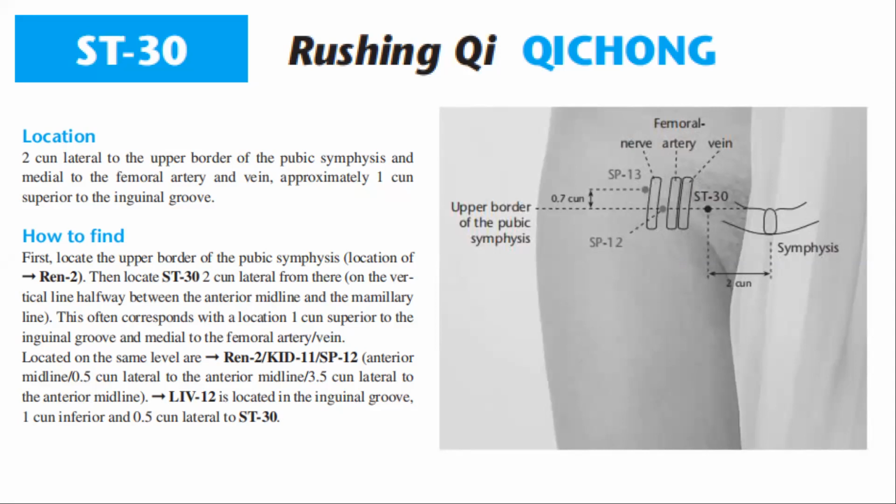How to find? First, locate the upper border of the pubic symphysis, the location of REN 2. Then locate stomach 30 two tune lateral from there on the vertical line halfway between the anterior midline and the mammillary line. This often corresponds with the location 1 tune superior to the inguinal groove and medial to the femoral artery and